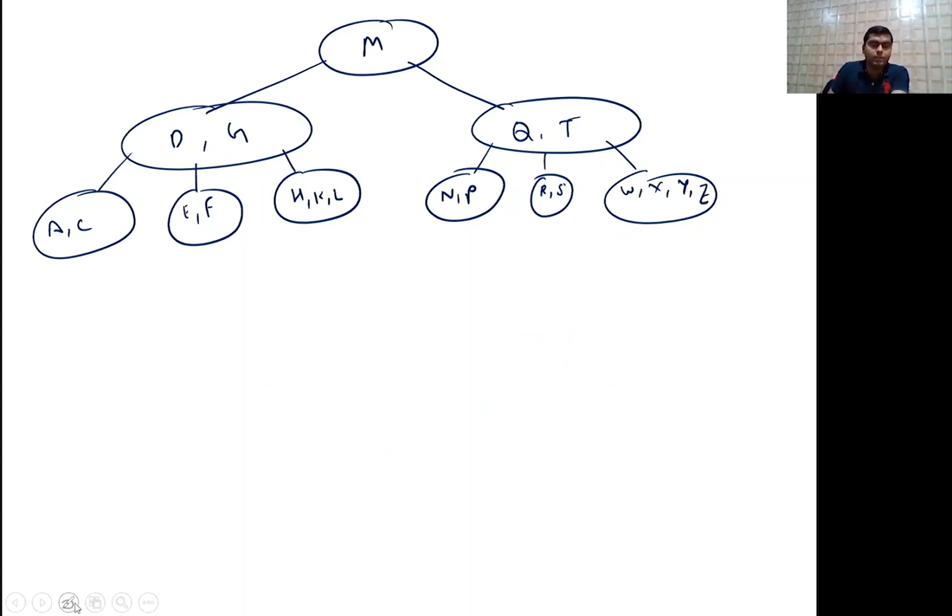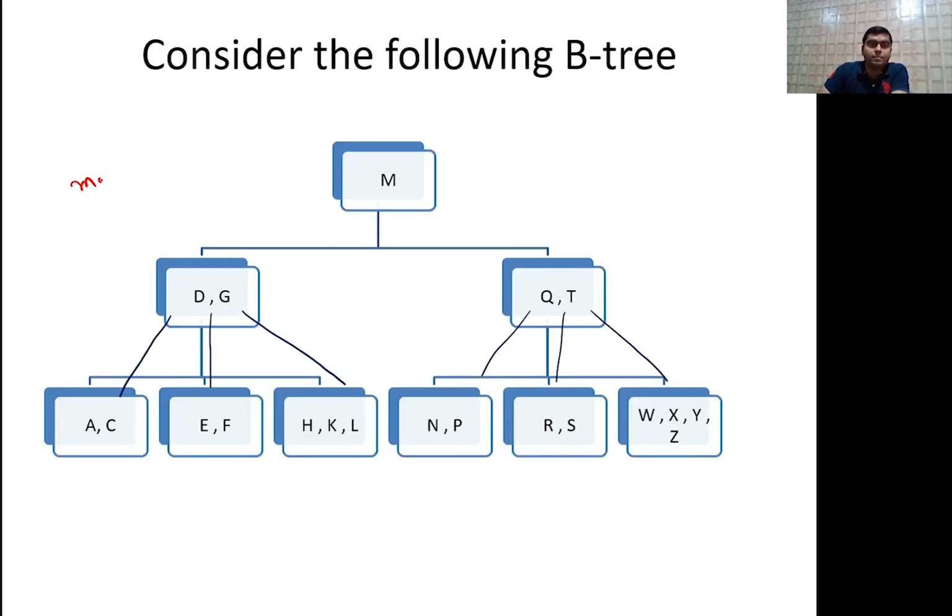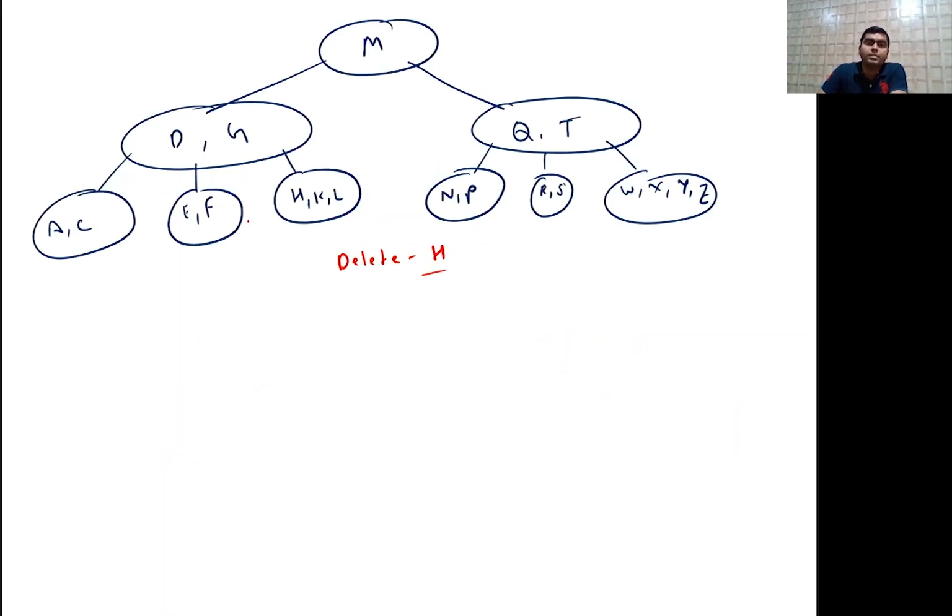Now observe very carefully. What are we going to delete? We are deleting H, for example. So delete H. For H deletion, there is no problem. It is also given that in this particular tree the max keys are 2. Max keys 2 means the degree is automatically 3, meaning 3 children and a maximum of 2 keys. After deletion of H there is no problem, because 2 keys are there.